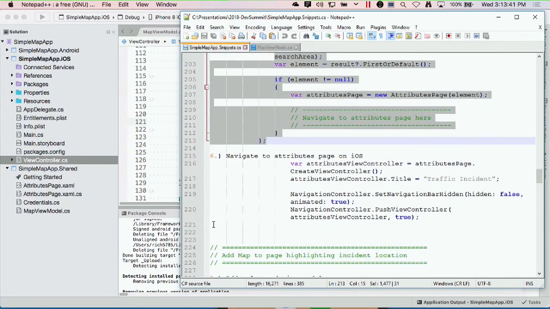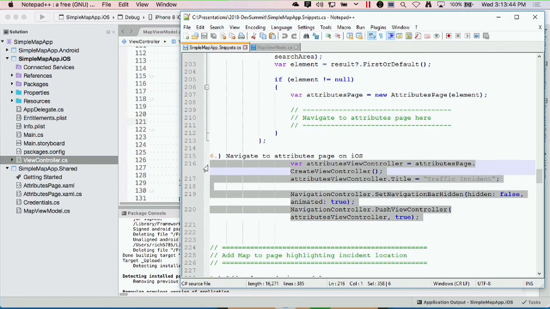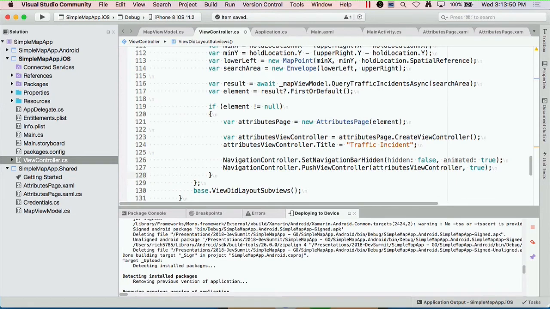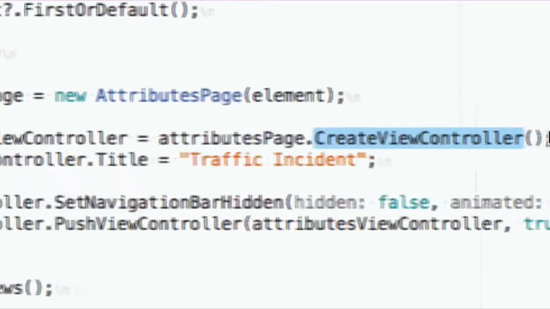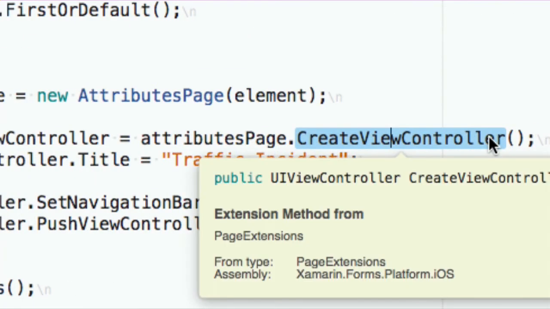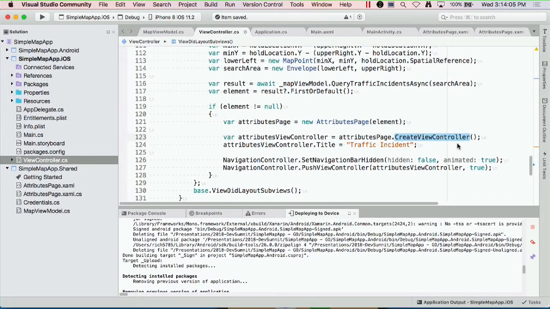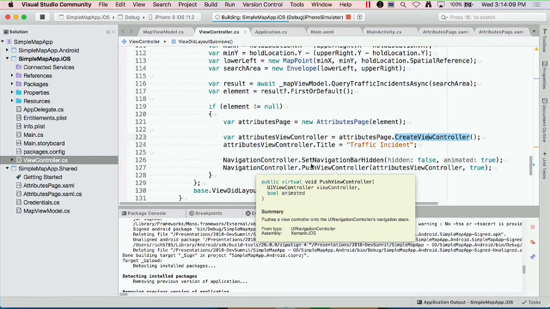Now to actually navigate to that XAML page, Xamarin.Forms provides extension methods to give you a native representation of that XAML page, in this case, content page. So I have this create view controller method right here. That's going to give me a UI view controller, which then I can navigate to just like I would with any UI view controller in iOS. So now if I run this,